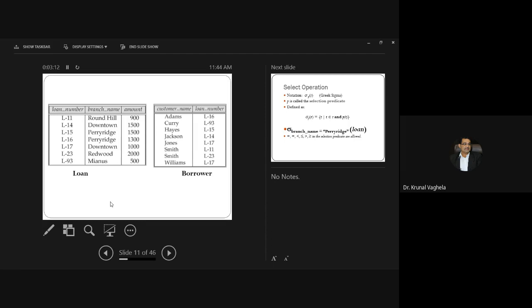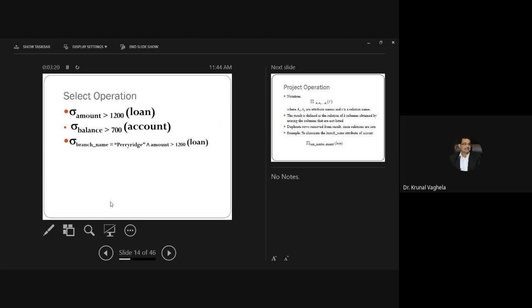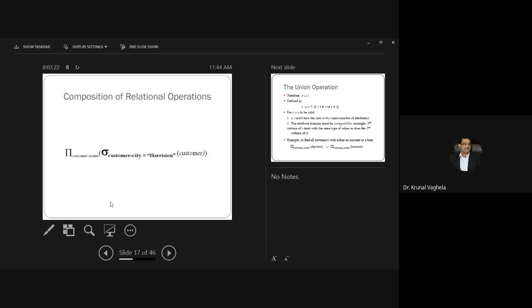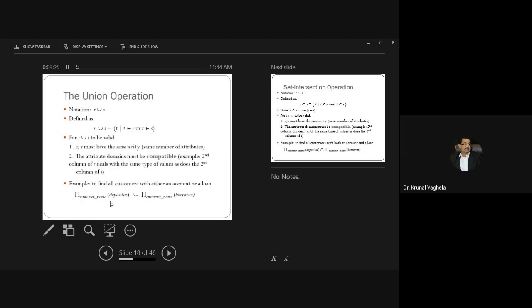Very simple. Here you just need to remember from which table you will get the data. That's it. Same number of columns with the same domain, not rows. Rows don't matter.